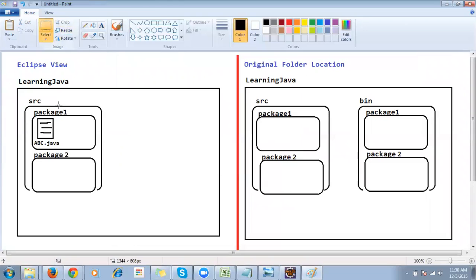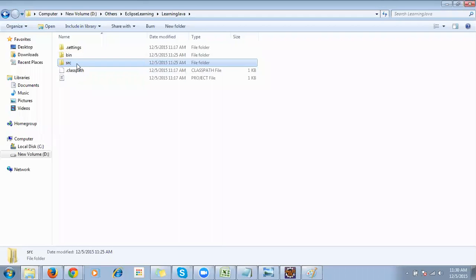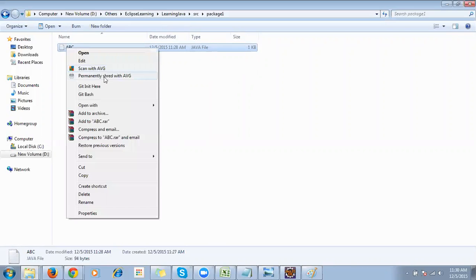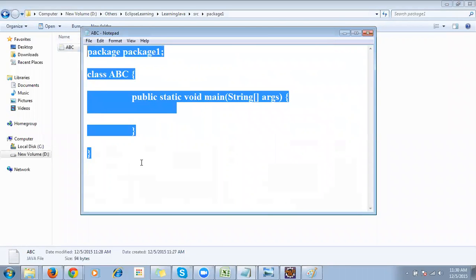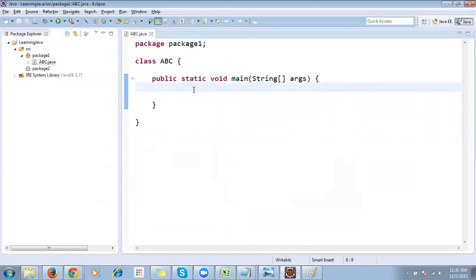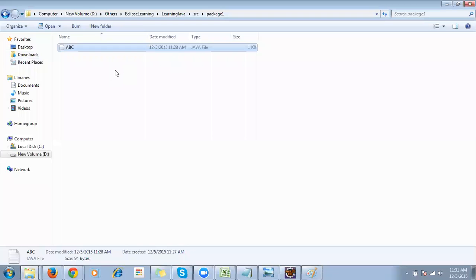Now the same thing is what will be created under my original folder location under the source folder. If I come to the original folder location under the source folder, I got package one. Under that, the ABC file saved with the .java extension. If I right click and edit, the same information that is in my Eclipse is present here also. Whatever I write over there will be saved, because we are saving the information under this original folder location. So whatever we do, it's saved here. That's the only concept. Then if you come to the bin folder,